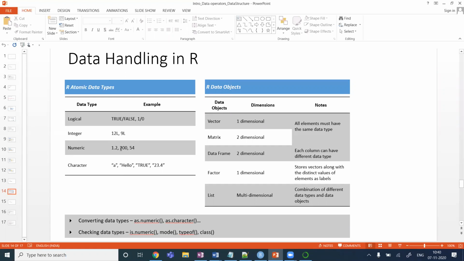You might say, okay, 200 is basically an integer, but why do we have another class integer here? Well, that's because of the storage point of view. We have a type numeric where you can store a floating number also, an integer also, but the overall type will be numeric. What happens down the line is it takes more space. Even if it's an integer, the storage taken to store it as a numeric type is much more compared to the same integer stored as an integer data type. So I was talking about the differences between integer and numeric data type.